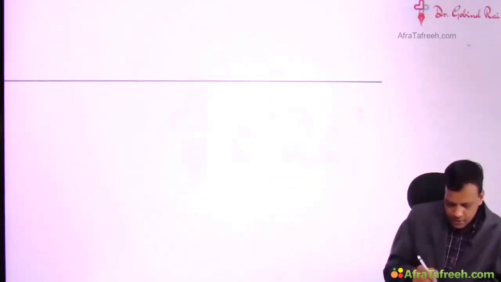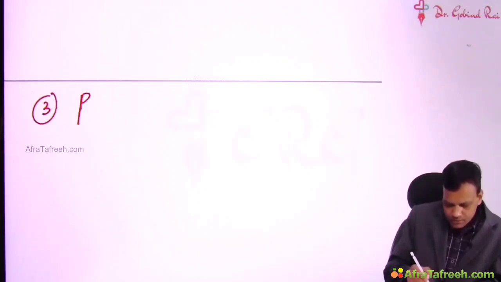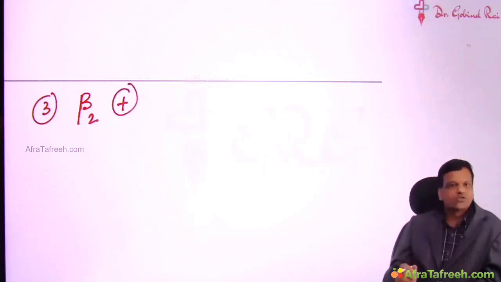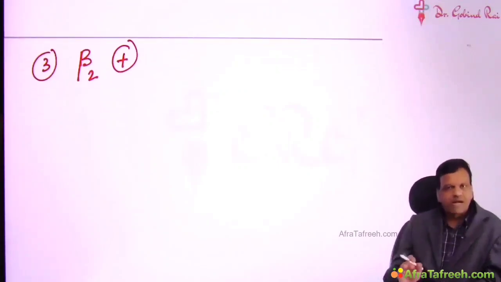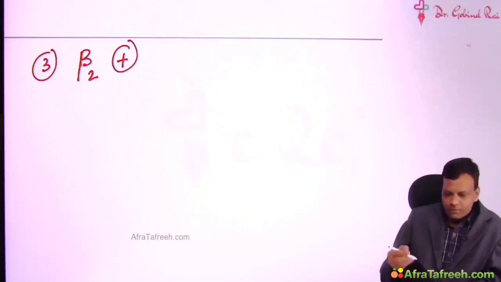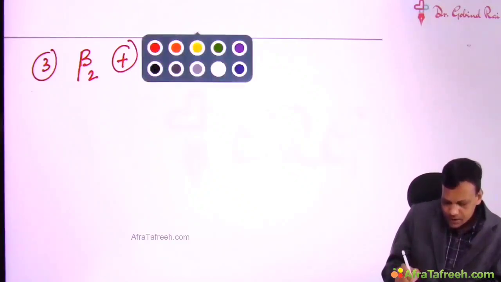Then lastly, we have drugs stimulating beta-2 receptors. Remember, we do not have a non-catecholamine which acts on beta-1 receptors. So on beta-1 receptors, mainly we have catecholamines like dopamine and dobutamine. Now, drugs stimulating beta-2 receptors, the examples are